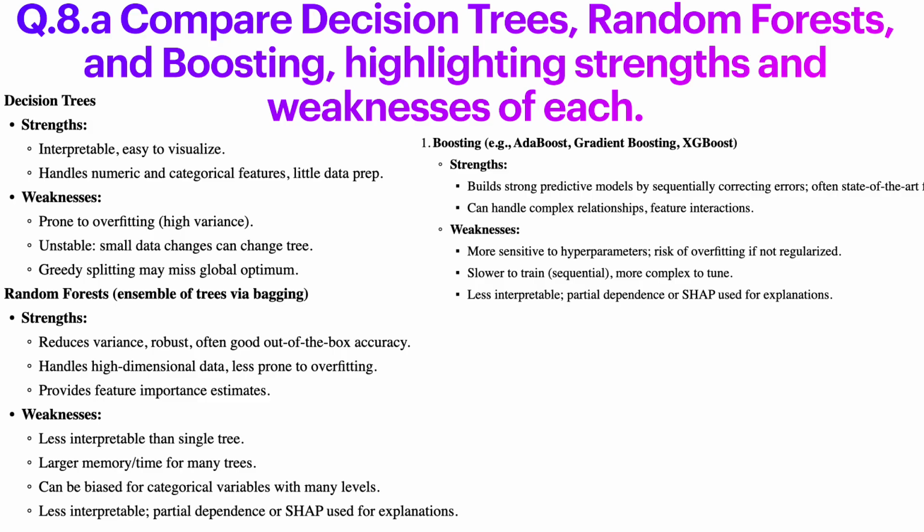Talking about boosting, here we build predictive models by sequentially correcting errors. We first make a model. In a decision tree we just have one tree. In random forest we have more than one tree. And in boosting we first have a model that is trained. It makes mistakes, and the next model that is trained will learn from the mistakes of the